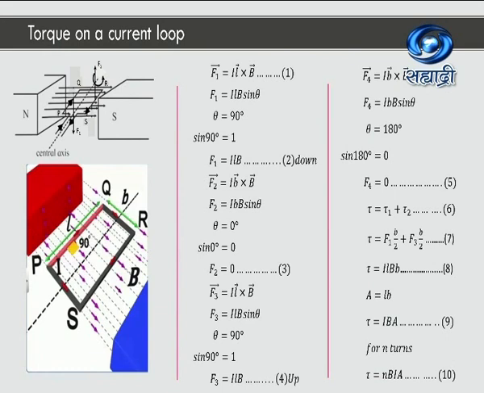There is one more concept one has to understand. Remember, it is called area vector. As far as current carrying loops are concerned, the area vector of a current carrying loop is perpendicular to the plane of the loop. Now, the plane has two directions, one upward. Here, I may have the area vector upward, or I might have the area vector in the downward direction, because both are perpendicular to the plane of the loop. Which one is right then? That can be found with the identification of the flow of current through this.